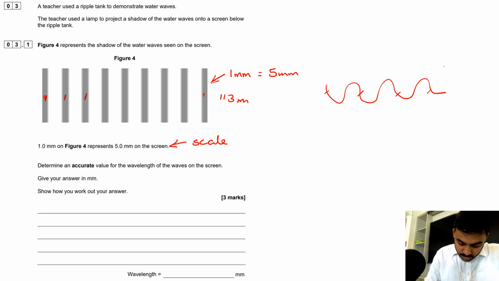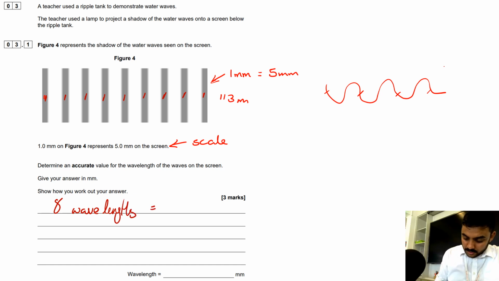This is 2, 3, 4, 5, 6, 7, 8. 8 wavelengths. So from each of the shadows, you could imagine that as the trough or the peak of the wave. You count from the same point each time and you find that there's 8 waves here. So 8 wavelengths